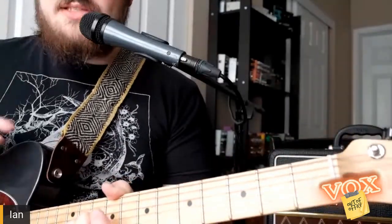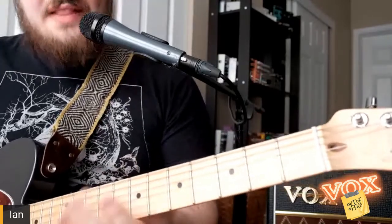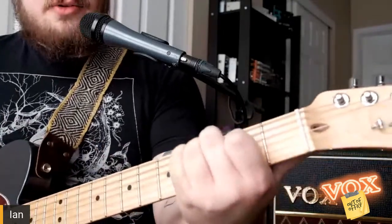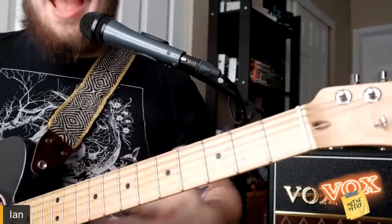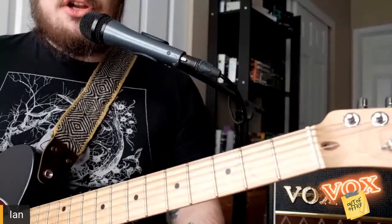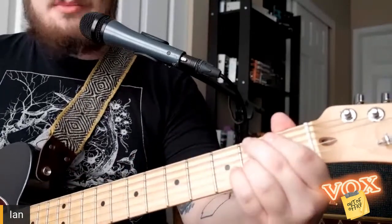So then it goes up to the same thing on the A, same exact voicing. And a little bit of melody to move to the next chord. And then you get this F sharp minor and E major, but in that same voicing as that open C with the G in the bass. So they have this very settled but not final quality to them, where if I play them down lower on the neck,